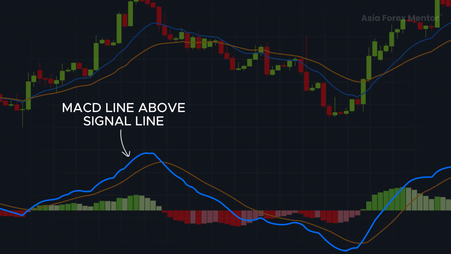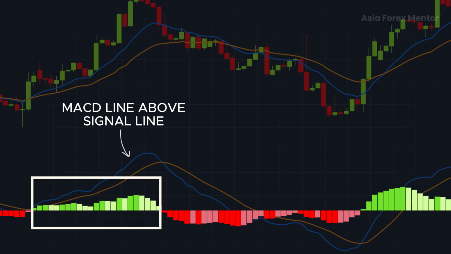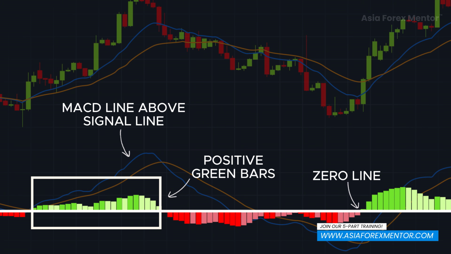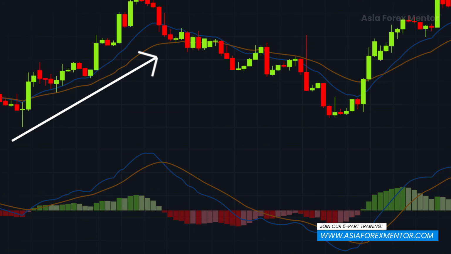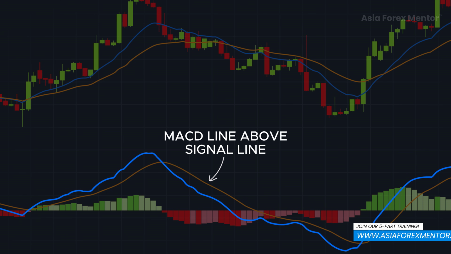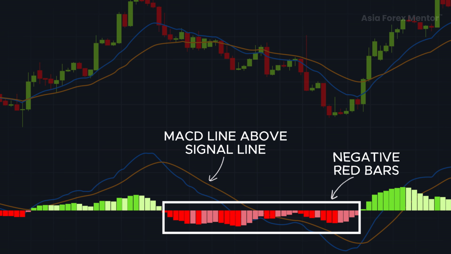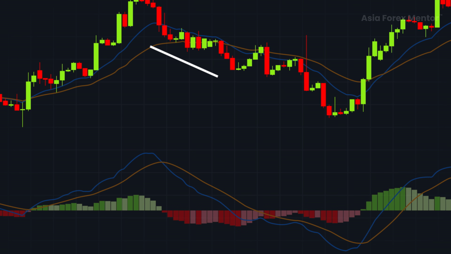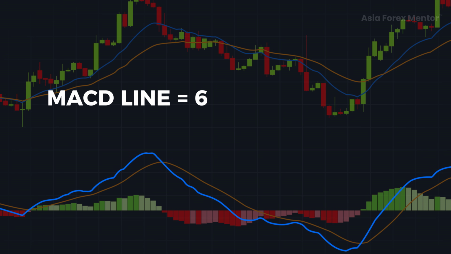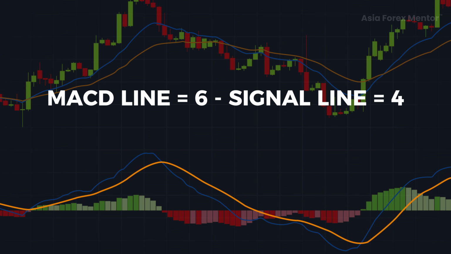If the MACD line is above the signal line, the histogram will show positive bars above the zero line, which means the momentum increases. If the MACD line is below the signal line, the histogram will show negative bars below the zero line, indicating decreasing momentum. For example, if the MACD line is 6 and the signal line is 4, then the